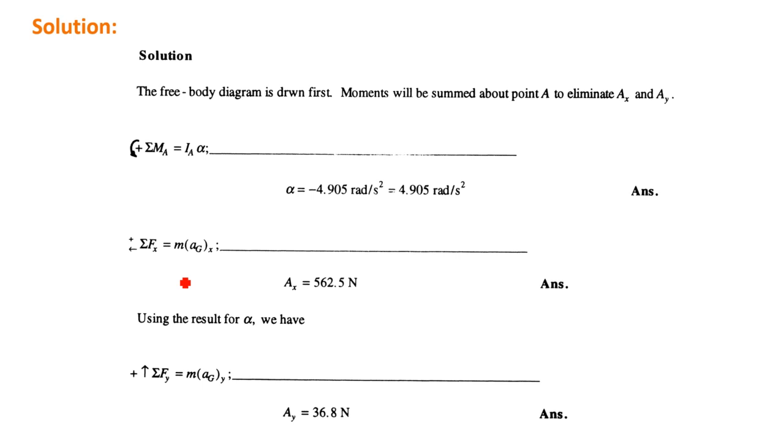In addition, do the sigma of the forces in the x-axis in the free-body diagram and take that to the kinetic diagram, and that will be the mass multiplied by the acceleration of the point G in the x direction. And we can find the value for the AX. Now we're going to take the result for the alpha we had already and do the sigma of the forces in the y-axis, and this will be equal to the mass multiplied by the AGY. Now here, of course, we're going to have the direction AY and the weight going downward, and we're going to be able to find